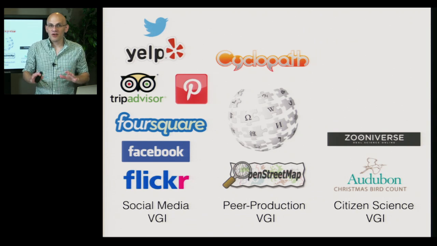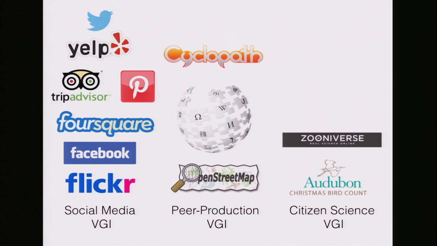Now finally, the third major type of VGI that we're going to talk about today, but not really focus on for the rest of the module, is citizen science VGI. We're going to be focusing on social media VGI and peer production VGI for most of this module, but in this video we're going to get a quick sample of citizen science VGI so you'll get an understanding of what it's about. You'll sample the flavor of citizen science, and if you're excited about it, we can point you to